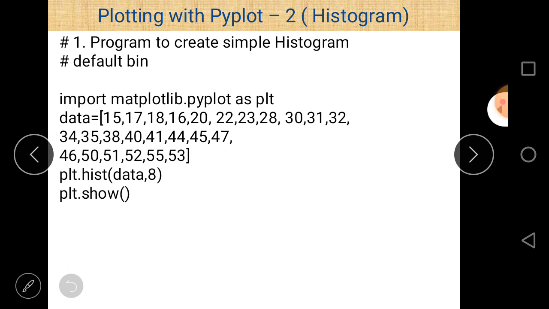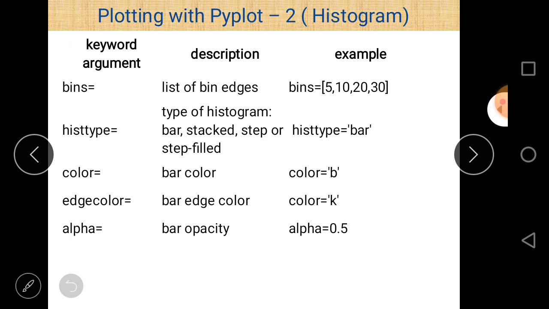Here these attributes are shown in different programs, because if we take different parameters in a single program, then the program looks very complicated.